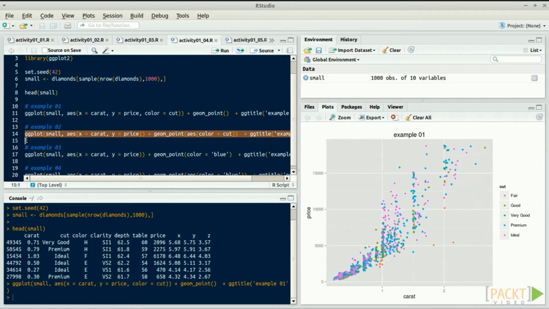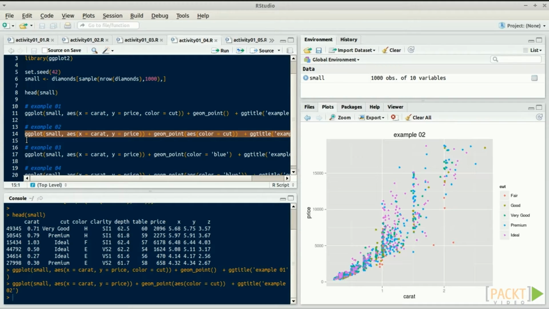Now, run example 2. In this example, only the aesthetics x and y are defined in ggplot. But note that the aesthetic color is defined in the geom. The two plots are identical. This is useful for sharing aesthetics among geometric objects. You can think of it as defining a global variable in the call to ggplot, which can then be accessed by all geoms. Rather than having a map from the data to graphical properties, we can also set graphical properties